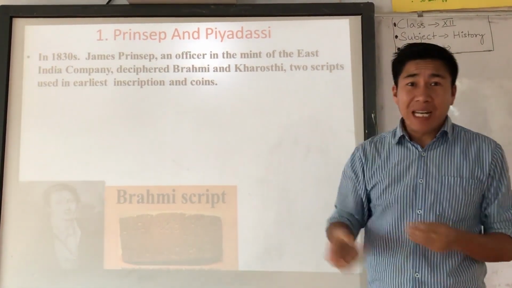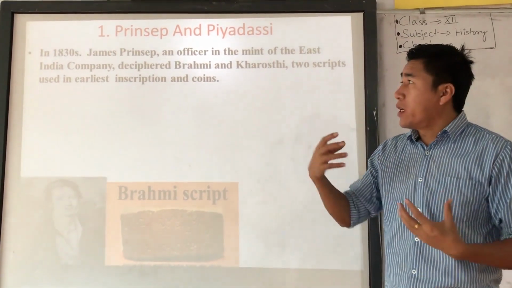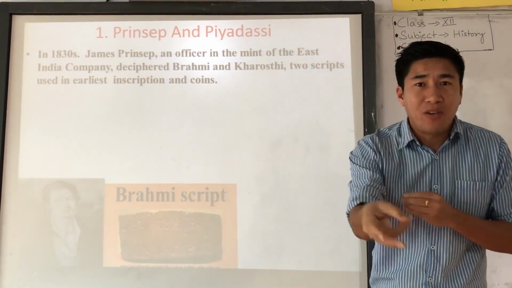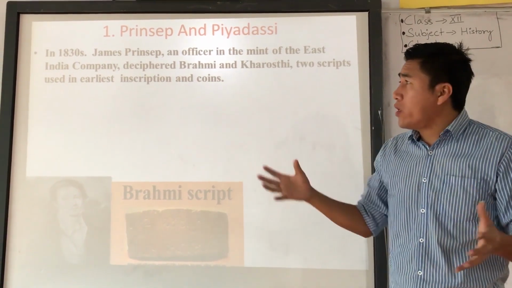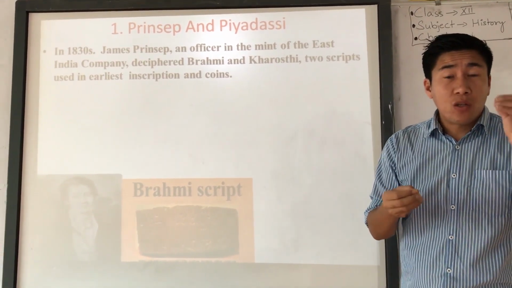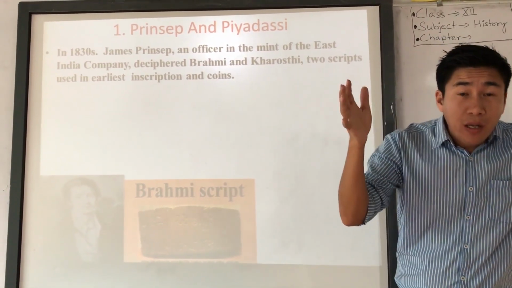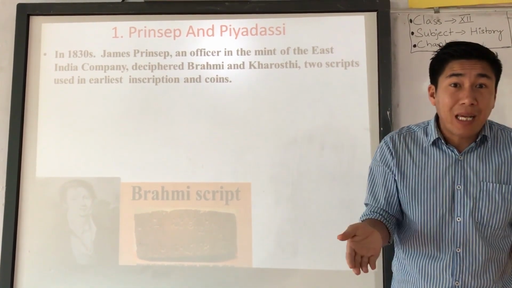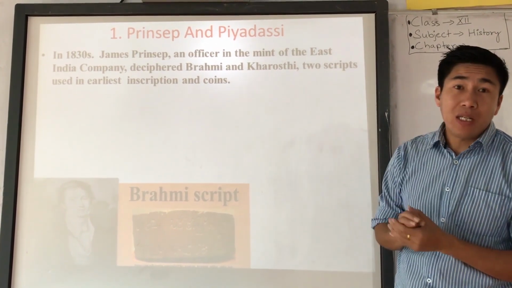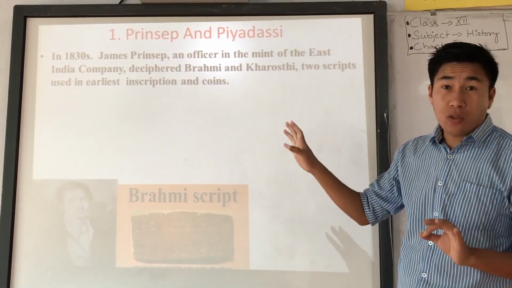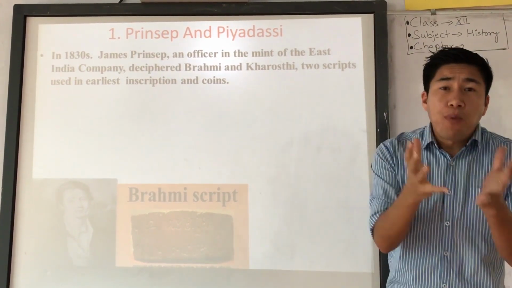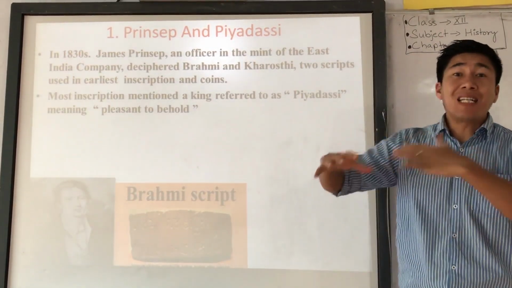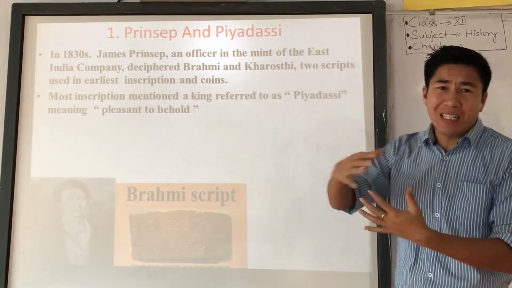So, in ancient times, most of the scripts used were Bahami and Kharosthi. So what he did, he deciphered, he was able to read them. That is very majestic work, because to read the Indus Valley script, even till now nobody has been able to read it. He was able to read the Bahami and Kharosthi script. So understood. Now, the importance of this script. Now you will understand. See, what happened during that time, around the 1830s, right?